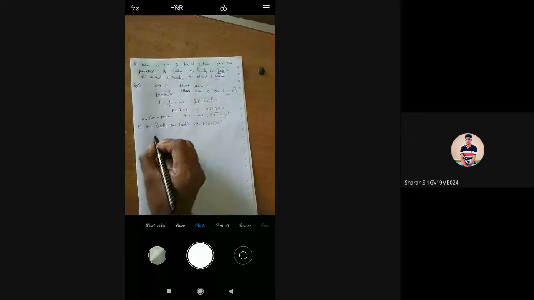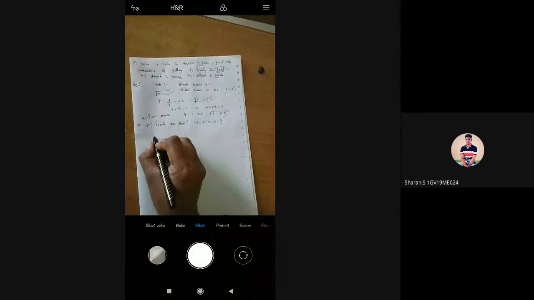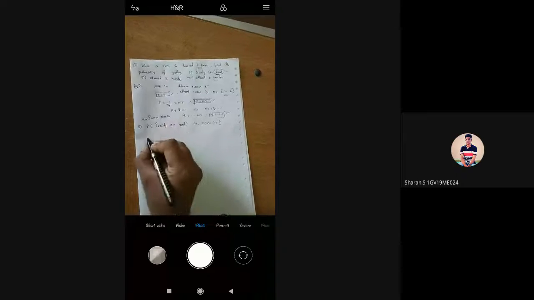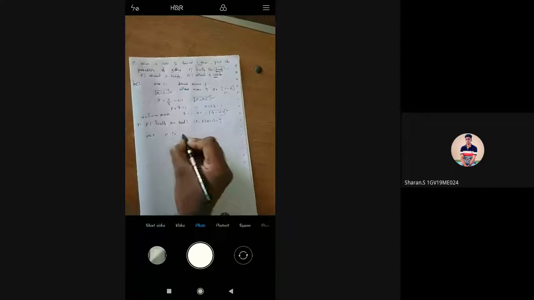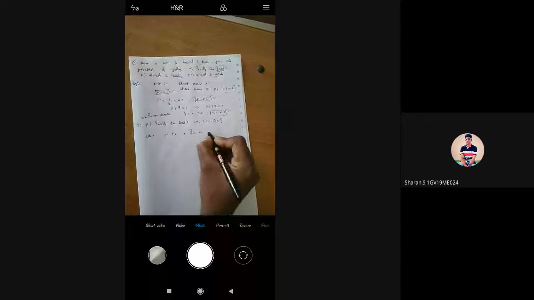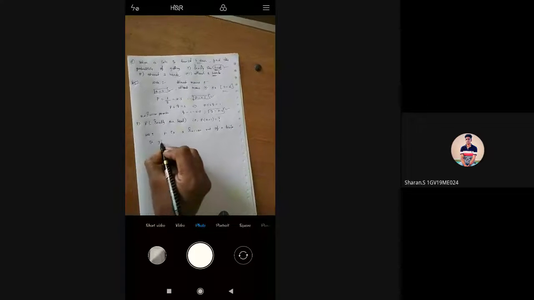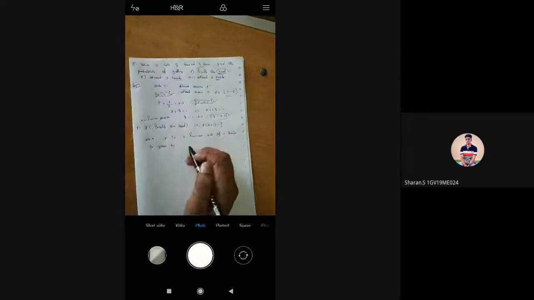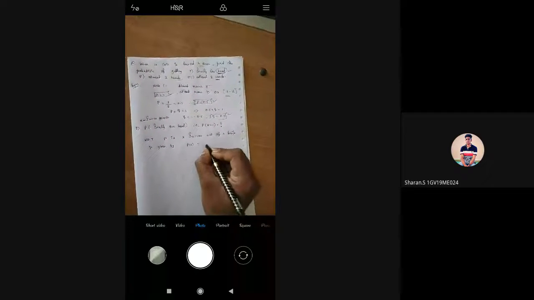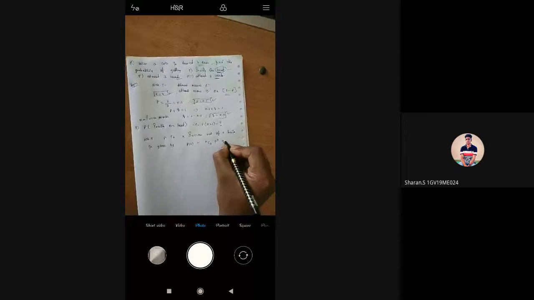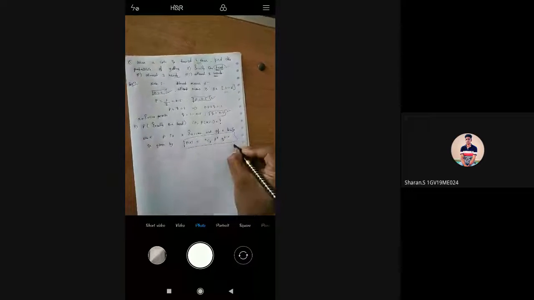So we have the binomial distribution formula. So why do we need the binomial distribution formula? I'll tell you. We know that the probability of X successes out of n trials, where there is a small number of trials, is given by the binomial distribution, that is P of X is equal to nCX P power X into Q power n minus X. So this is the formula we're going to apply in all the cases.